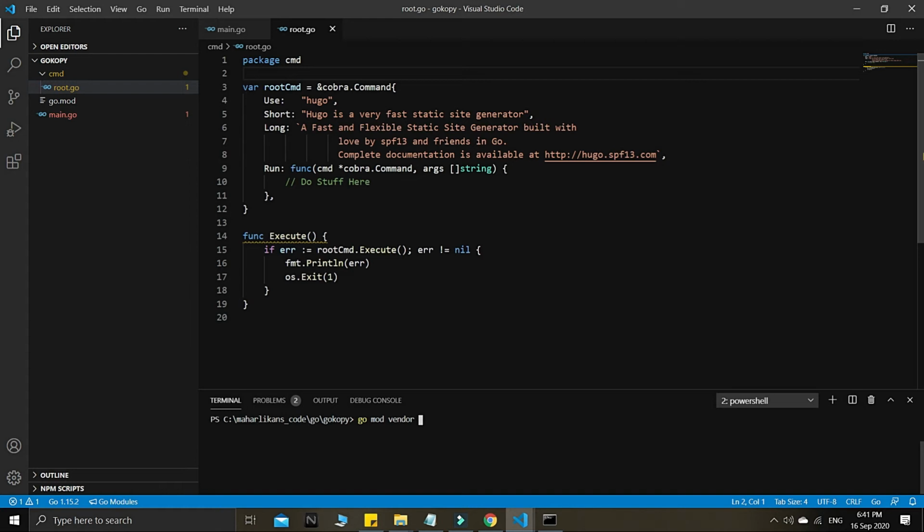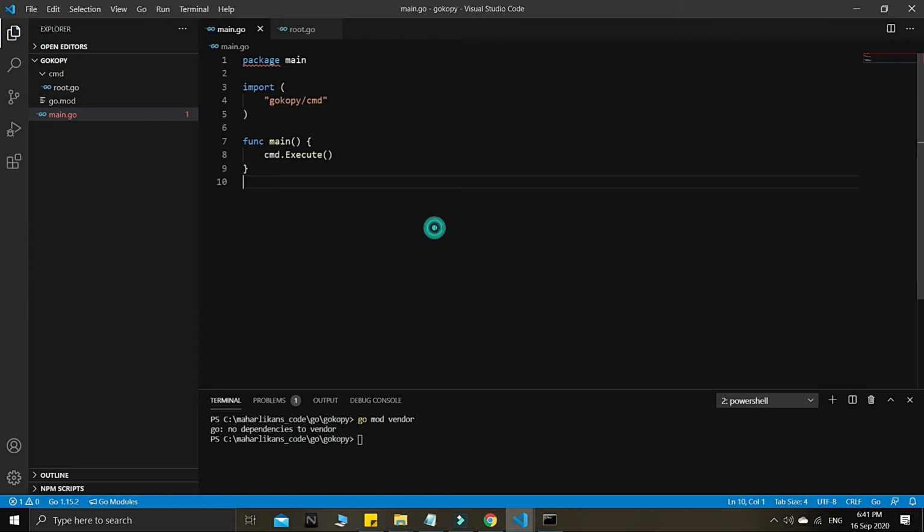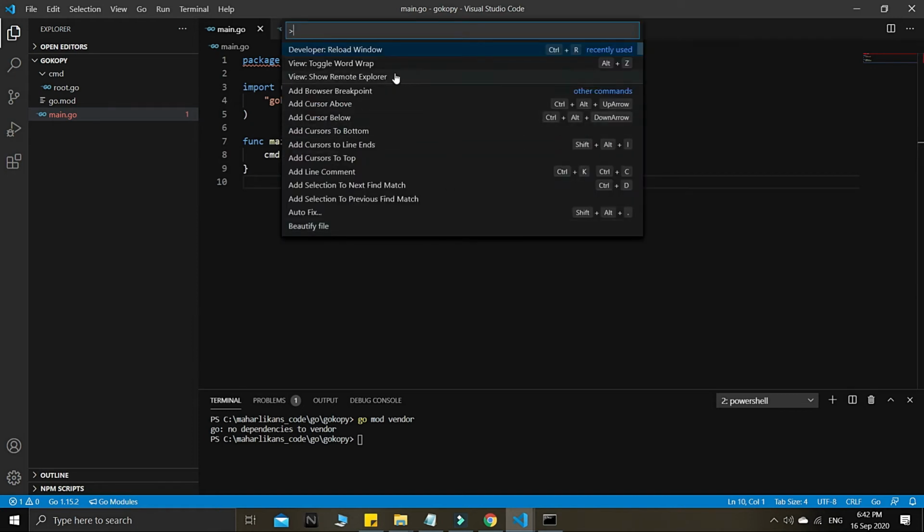Right now we are using the Cobra application, the CLI application, the Cobra package. If you execute this command, Golang itself will collect all these sources from, for example, this Cobra, which is sourced from GitHub itself. So right now I execute this go mod and press enter. Right now there is no dependency yet, because I think I need to refresh. Hold on guys. Okay, I need to reload